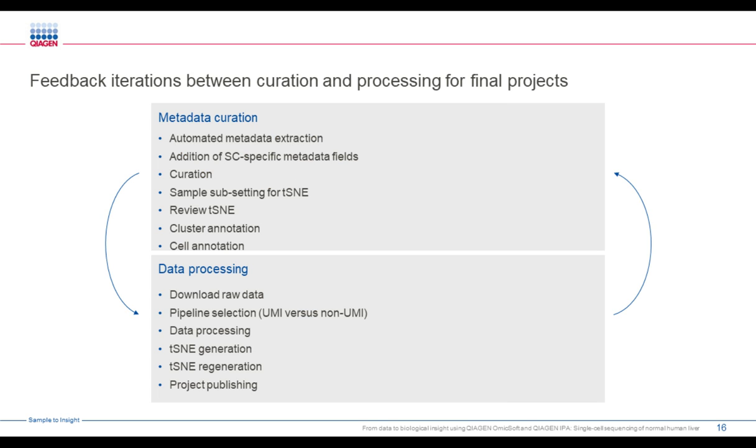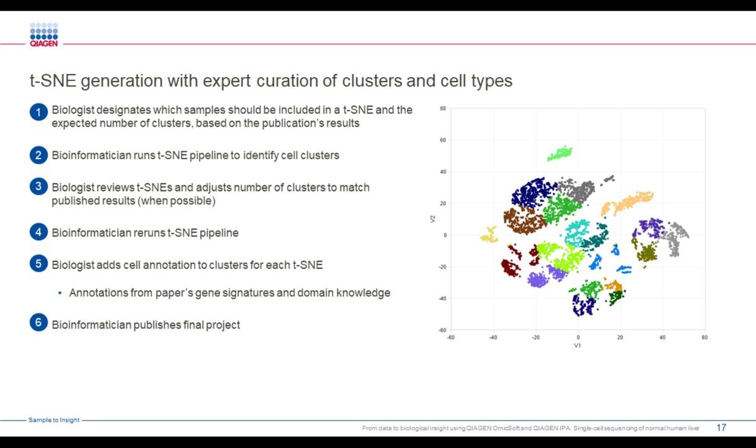Again, what is key here is the interactivity and iterative curation between the biologist and the bioinformatician to have the best possible single-cell line project, the most reliable, the most faithful to the original paper. This is particularly important for the generation of the dimension reduction plots, such as the t-SNE that you can see on the right. Based on the source paper, the biologist advised the bioinformatician about which individual samples should be included in a particular t-SNE analysis,